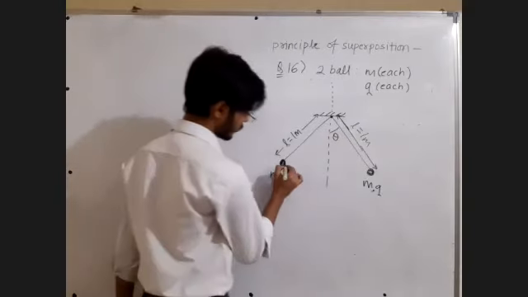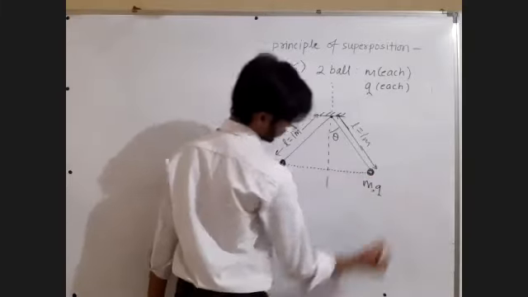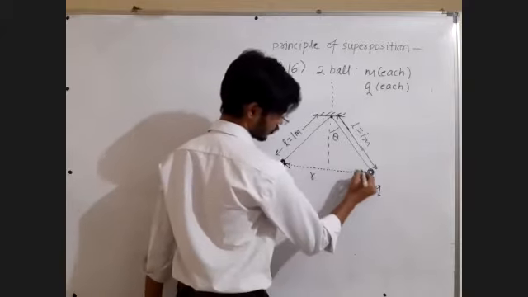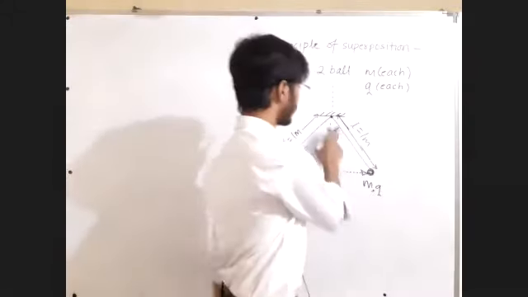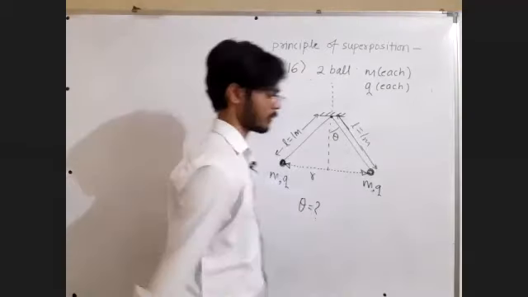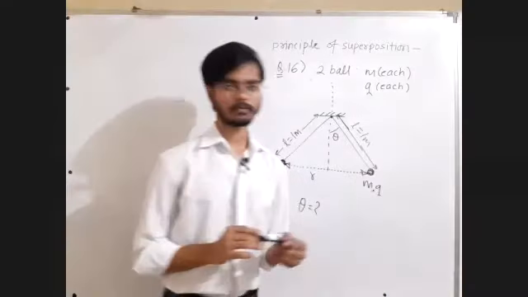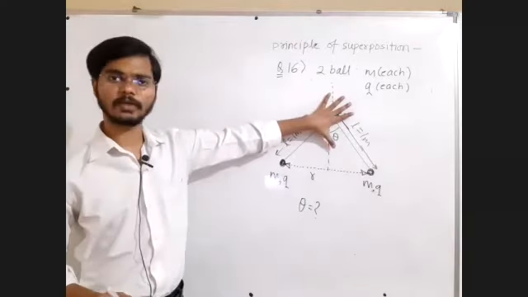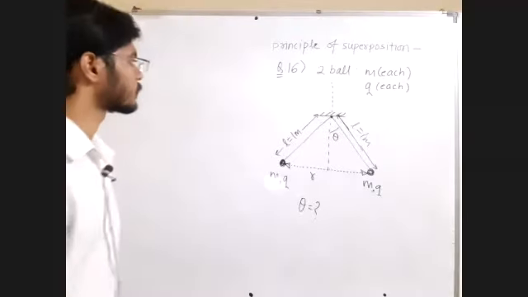Let us draw a line joining the 2 point charges. Let us call this total distance small r, and let us try to find the angle theta between the string and the vertical. So what is the question? Sir, theta is equal to question mark. Reply in the chat box. Is the question clear to all of you? Yes or no? This is what is given, and the formula for theta is to be found out. Y or n? First let us understand the question.